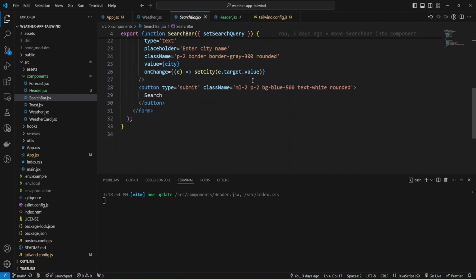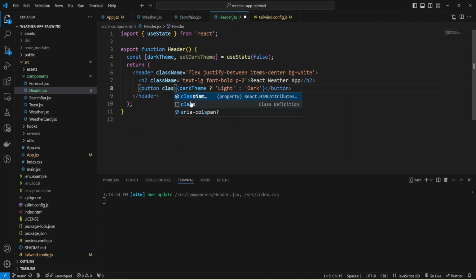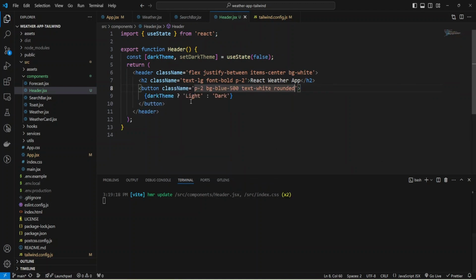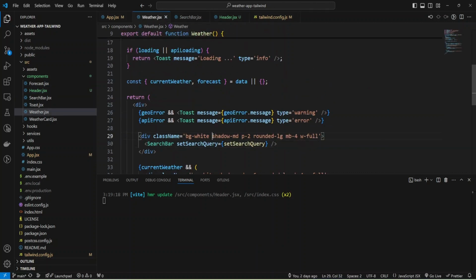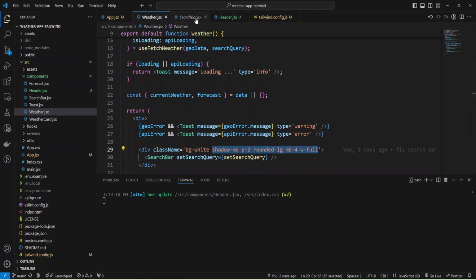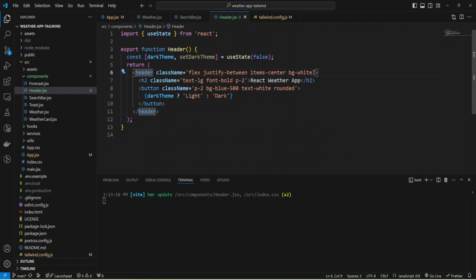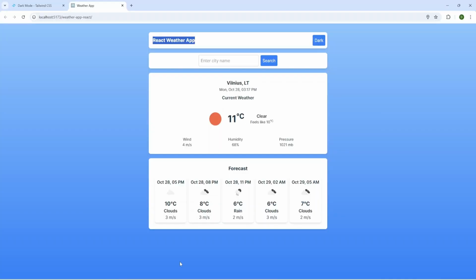I have a button, and I'll use the same styles as here with padding, background blue, text white, and rounded. Okay, className and provide these styles. And for the header, I also can copy paste the styles from my existing container, and I'm going to add them here.